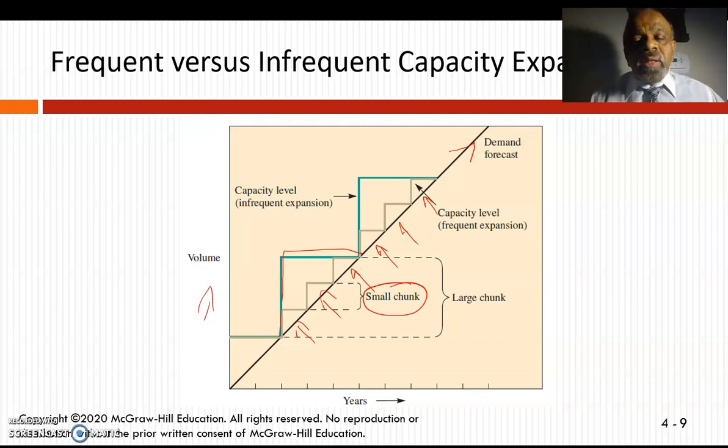That depends on many things. One is how much capital the company has, how much money the company has to expand so infrequently. Because sometimes if you expand too much, then you're having only this portion of the capacity. This whole portion is waste for you, right? That is the reason. So in order to be having this infrequent expansion of larger chunks, you need